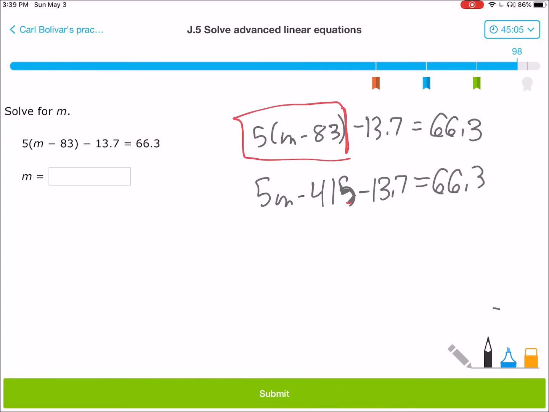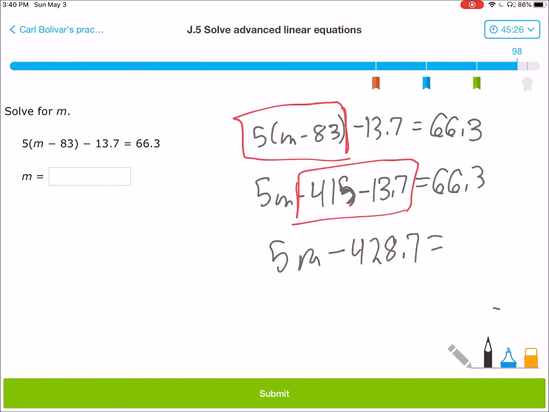Alright, so what I would do then, right, is I would simplify these two terms here. So when I simplify those two terms, it should be 5m minus 428.7 is equal to 66.3, right? Because 415 plus 13.7 is 428.7. Now what I'm going to do is I'm going to take this term and